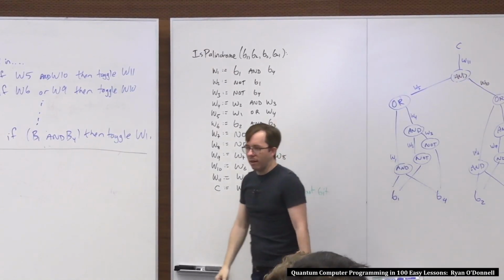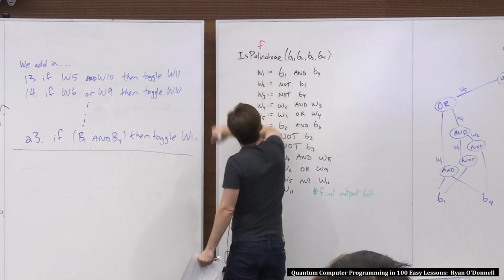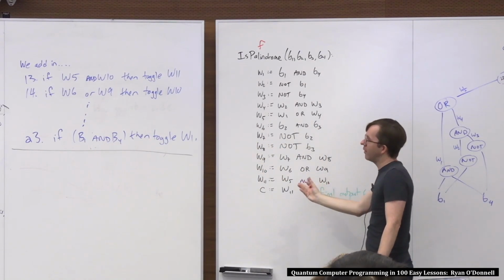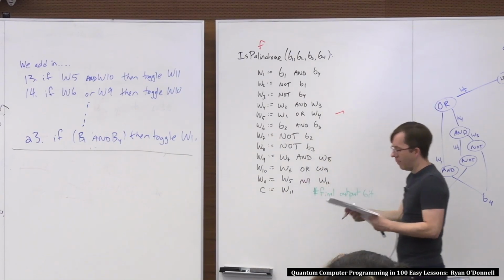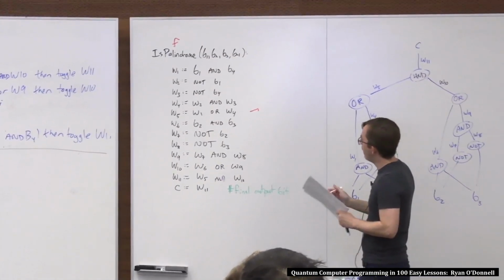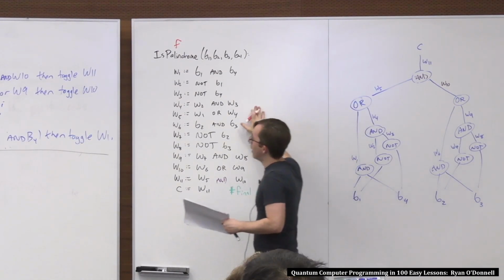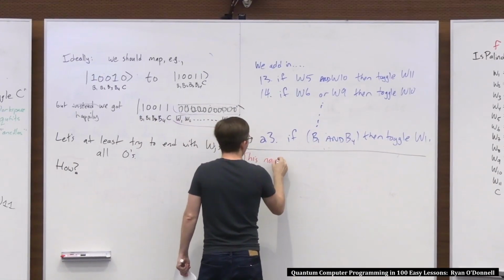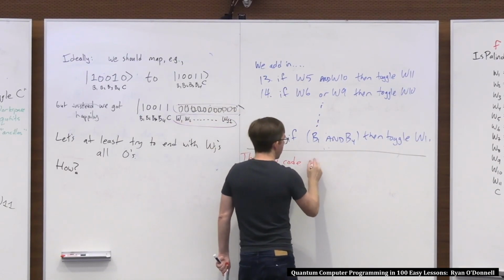Okay, and in general, if this is the AND or NOT code for f, then by following this recipe of doing this code, toggling the final answer, and then reversing this code, we transform it into new quantum code that effectively does the following. So this new code, we really wanted to say, precisely